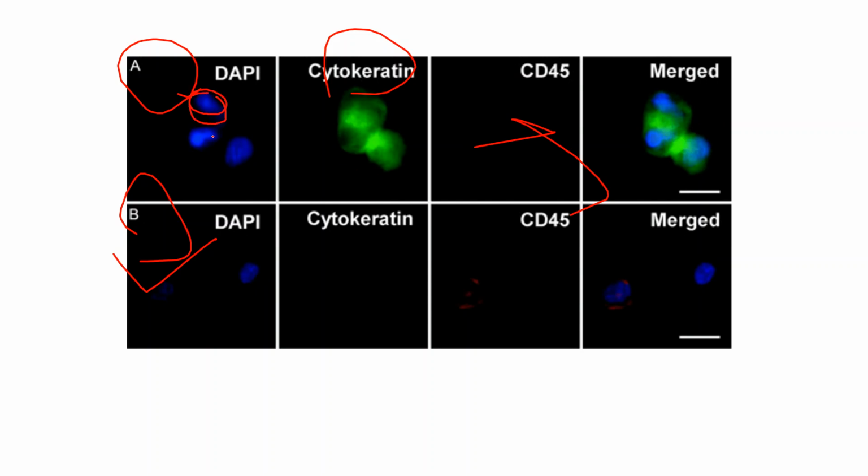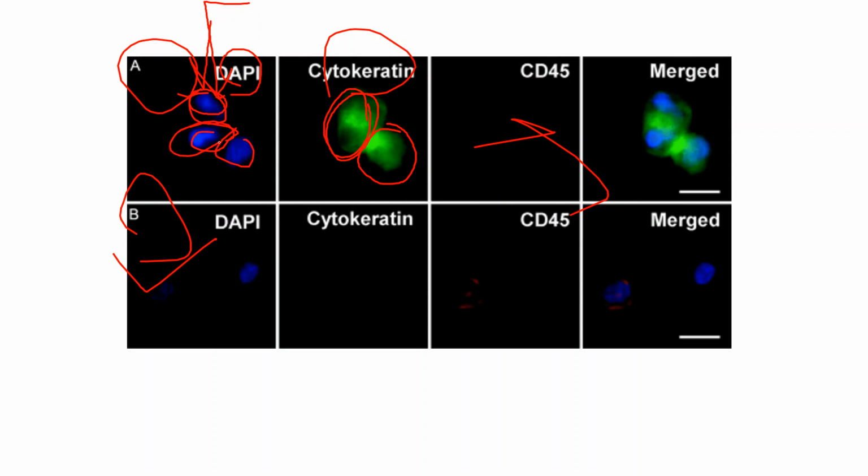This is the dye which stains the nucleus. There is no need for primary and secondary antibody; we only have to add the dye, because we want to see whether this protein is located inside the nucleus or outside the nucleus, that means in the cytoplasm. We want to know the location also, right? For that we have to know where the nucleus is. So to trace the nucleus, we add this dye DAPI, which stains and tracks the nucleus, and we can see the blue signal.